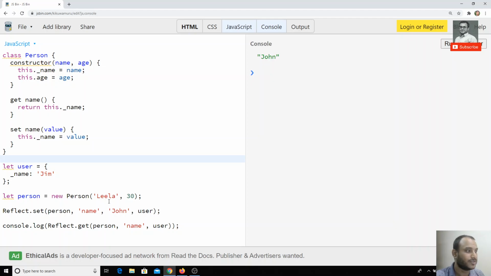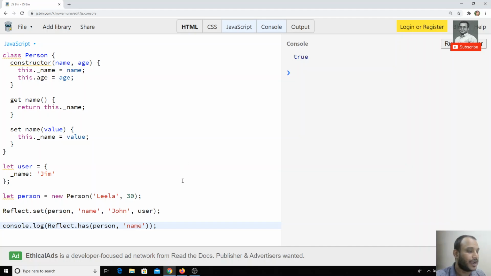properties in an object. And also we can check another method, something like has. Okay, it doesn't have this user. Has means it will tell whether that property exists in that object or not. If I try to see, I will get an output of true. That means that name property exists in that object.